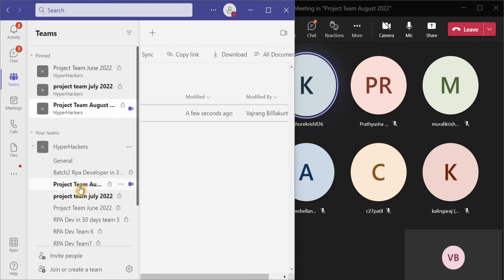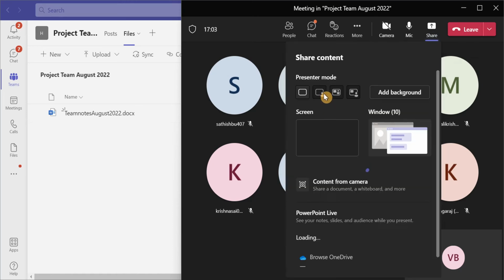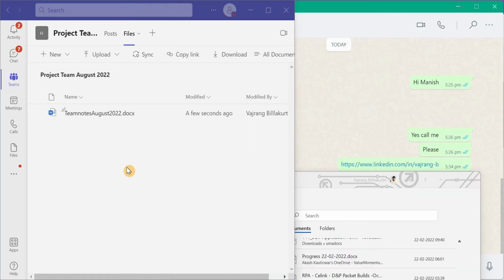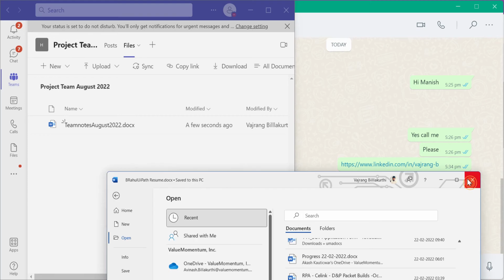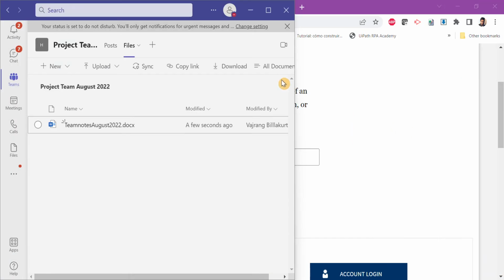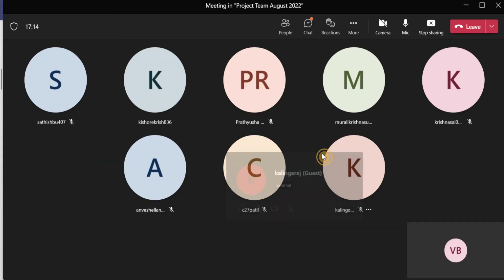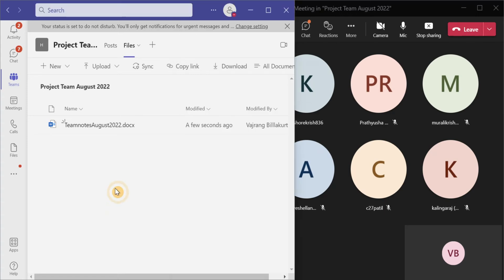Screen is not presented. Oh, is it? Sorry for that. Yeah, now, done? Yeah. Okay, I'll just have it on the right. Okay, now if you see